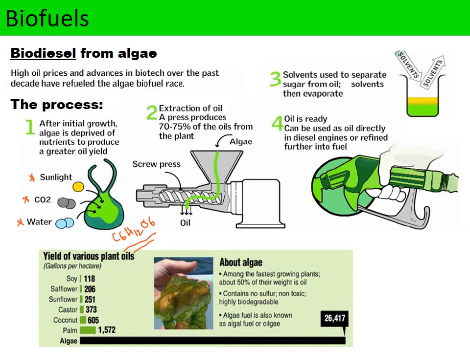Now the algae can then be isolated, and number two here, they get put through a press. Now these algae, they do contain a lot of oil, so the algae will use the glucose they make from photosynthesis, and from the glucose make fatty acids and glycerol to be able to make triglycerides. So a large component of the algae cells is actually lipids or triglycerides, and these oils or triglycerides can be extracted when the algae are put through this press. So the end product here that's being extracted from the algae is the oil, or we could say triglycerides,